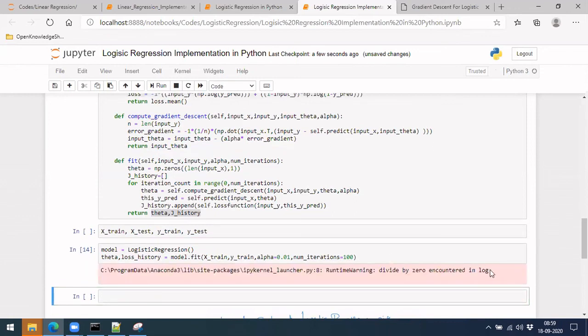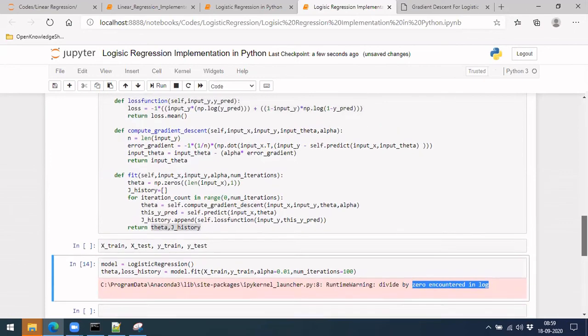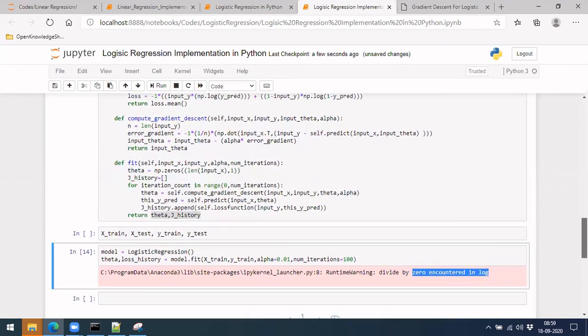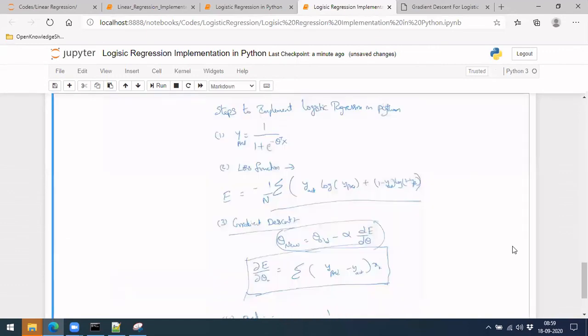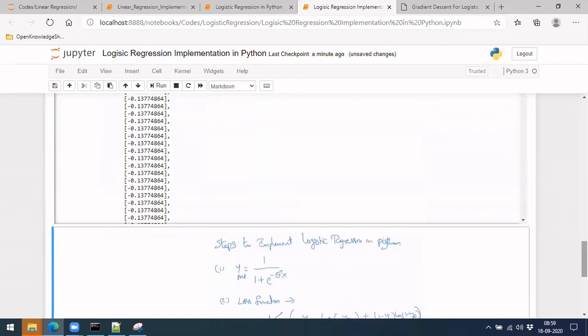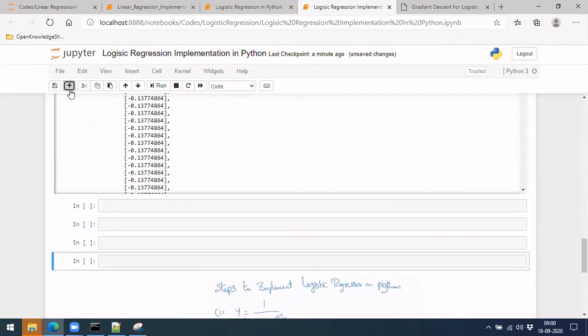Okay, there is an issue with divide by 0. So where can it be? Oh, it gave me a warning. Okay, so it has jumped very far.